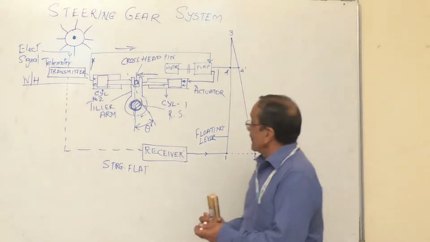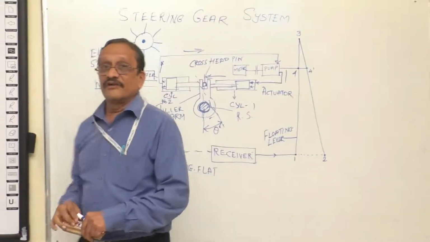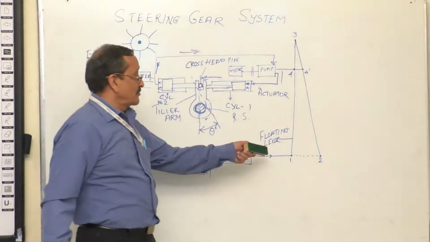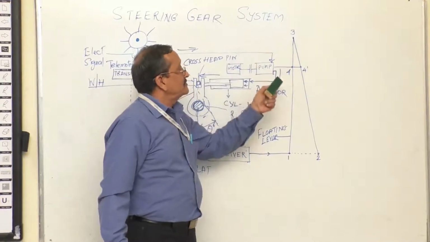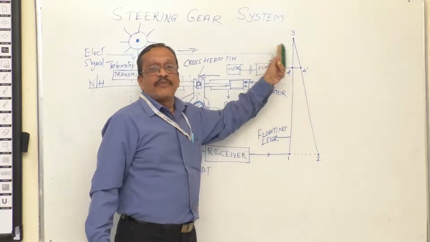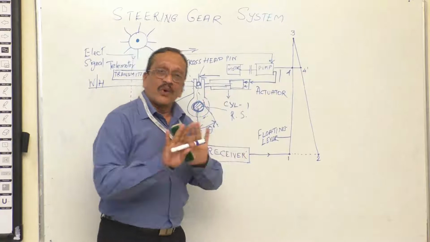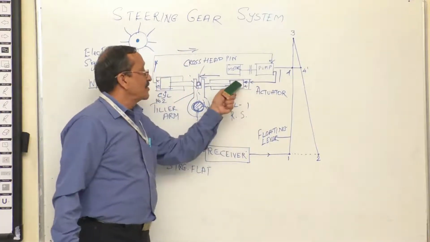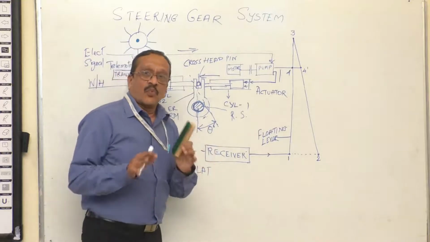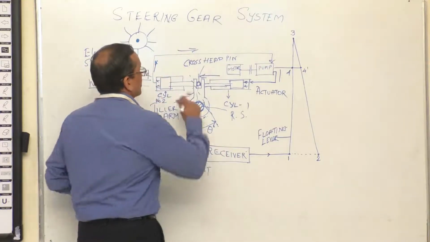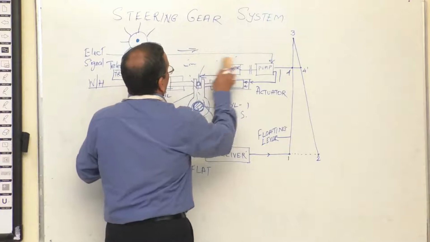Now, let us look into the mechanism of your floating lever. We have already seen that the positions are changing from 1 to 2 with respect to 3. 4 is changing to 4 dash. Pumping action starts. Once the pumping action starts, the oil which is going over here is going to change the position of the rudder. Once the rudder has changed, here there is another contraption that we have,